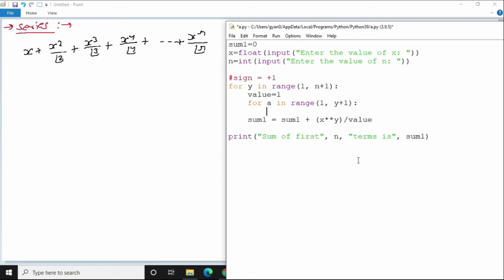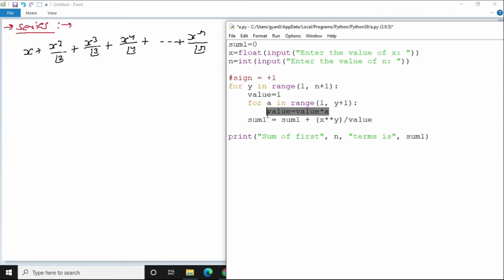You have to calculate value. Okay, value is equal to value multiplied by a. So you keep on multiplying a to current value and you will get factorial up to y. So if y is equal to 3, then this for loop will go from 1 to 3 and will multiply 1 into 2 into 3 to the current value of value.